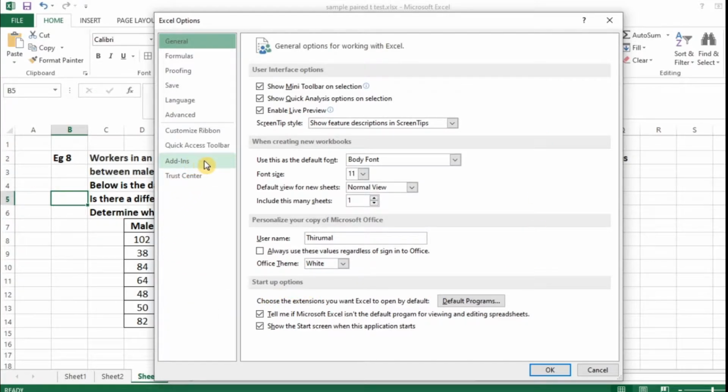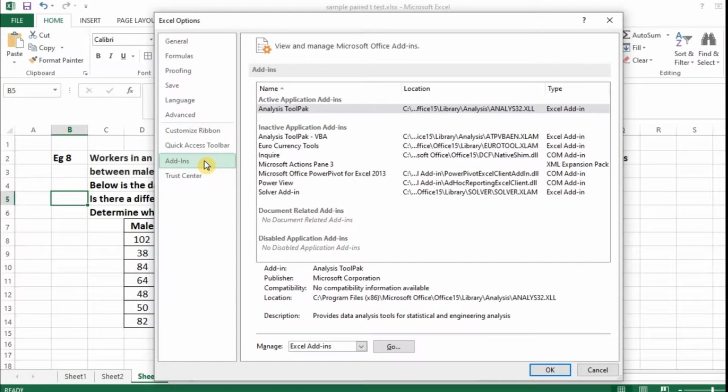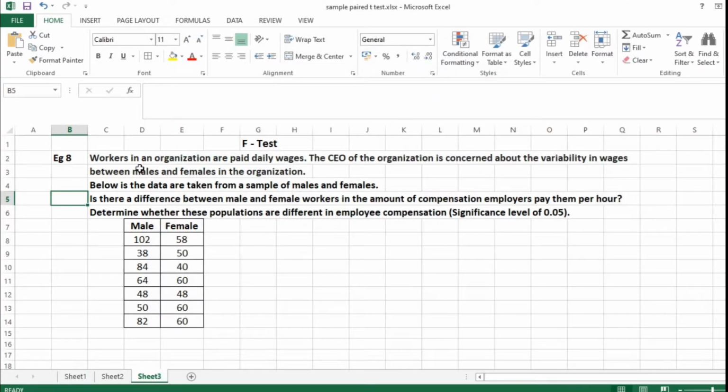There you have Add-ins. You click this and you will get an Add-ins window where you will have Analysis ToolPak. You click this and give OK. That's it. You will get the data menu in your Excel version.